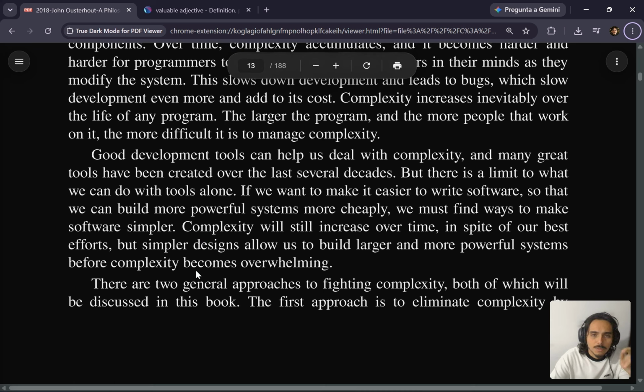Good development tools can help us to deal with complexity, and many great tools have been created over the last several decades. But there's a limit to what we can do with tools alone. If we want to make it easier to write software so that we can build more powerful systems more cheaply,